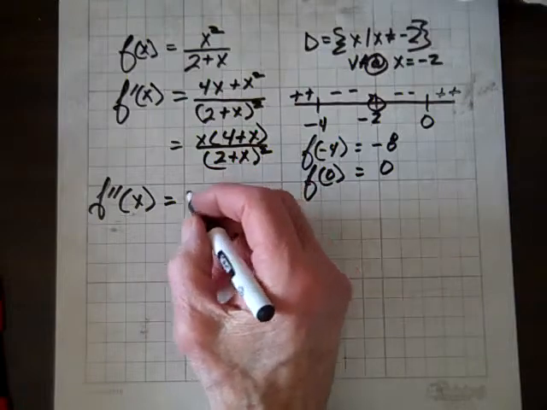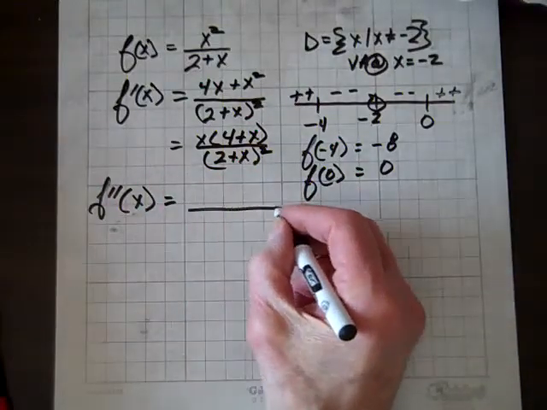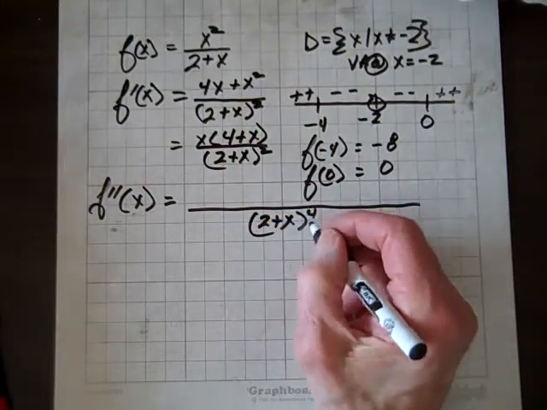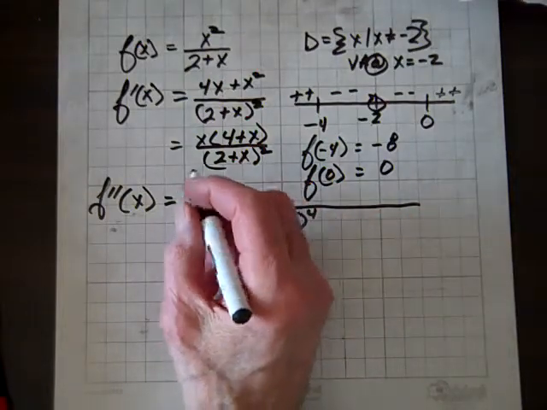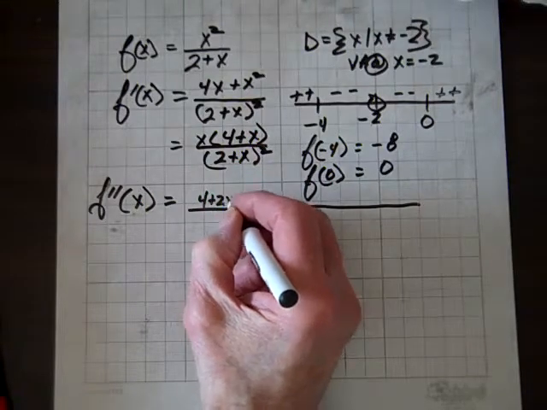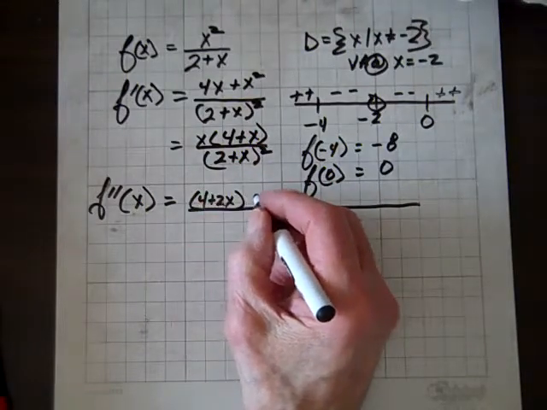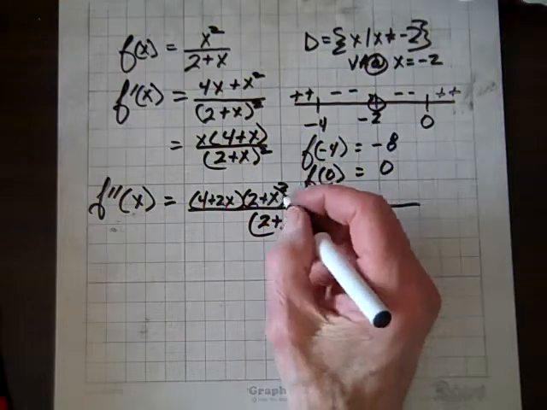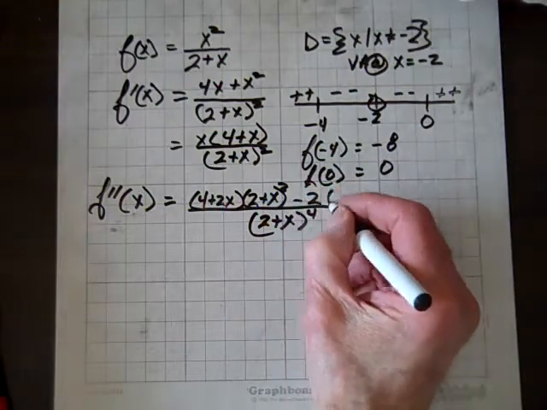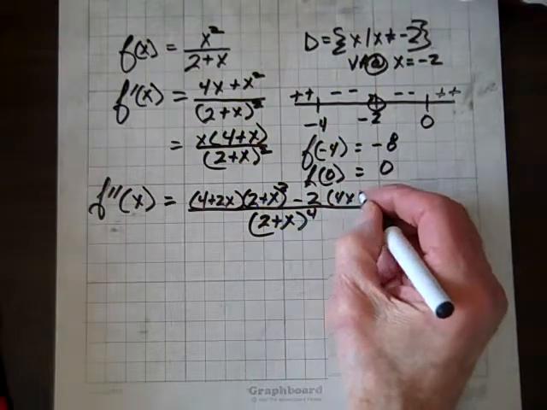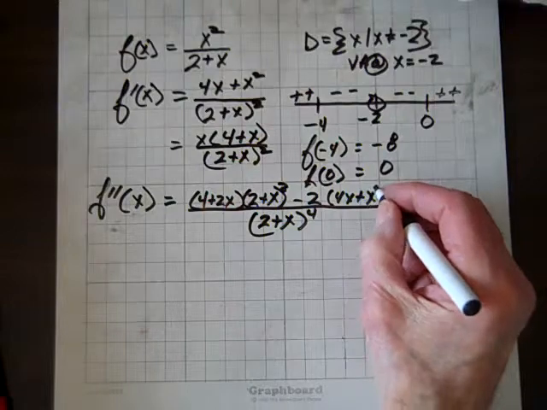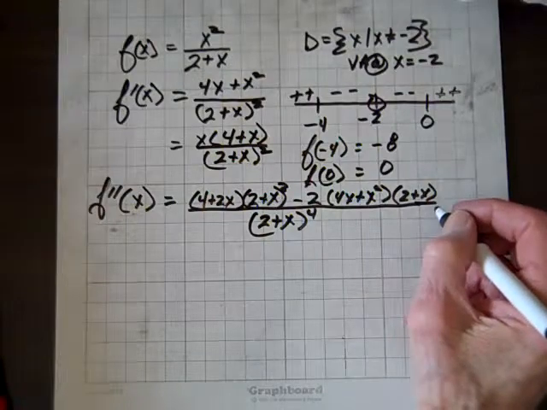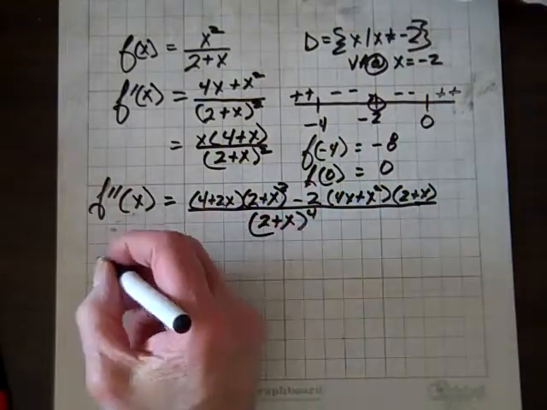Matter of fact, what I have is a 2 plus x to the 4th power in the denominator. You have to use the quotient rule, and it gets rather messy. And 4 plus 2x times 2 plus x squared, and then -2 times 4x plus x squared times 2 plus x. So use the quotient rule to get that, and without doing any more simplifying,